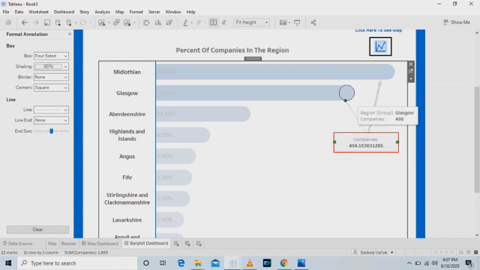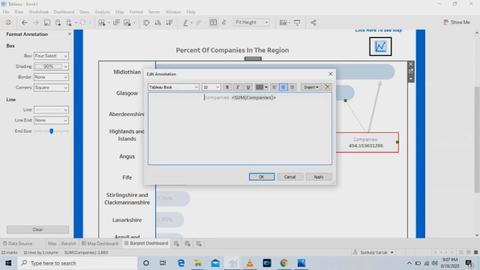Now click on the second box. In it you have to write your content. That is, Midlothian and Glasgow contribute to almost 59% of the total IT companies present in Scotland. So just write all of your text and then format this text according to your needs.